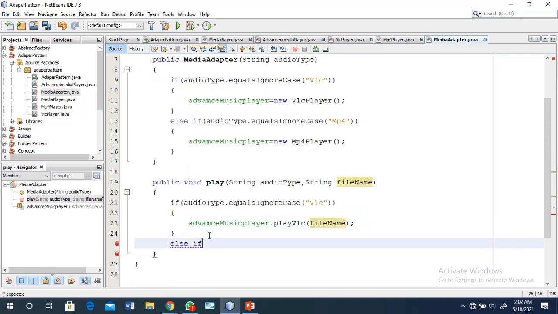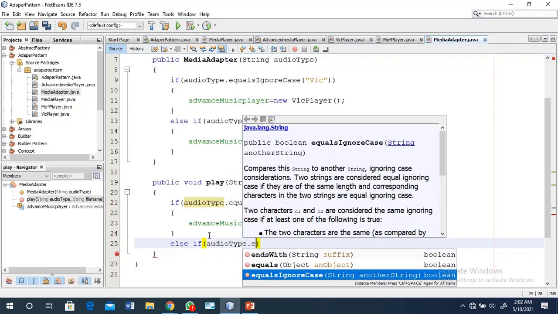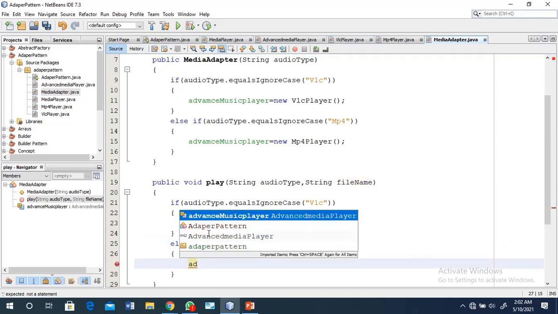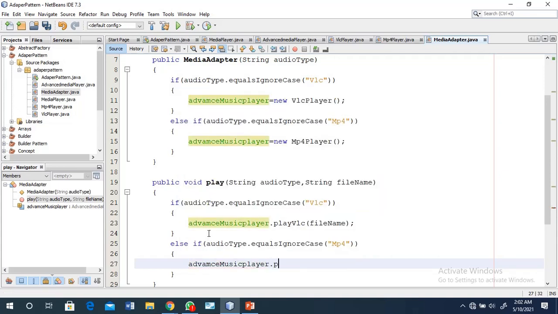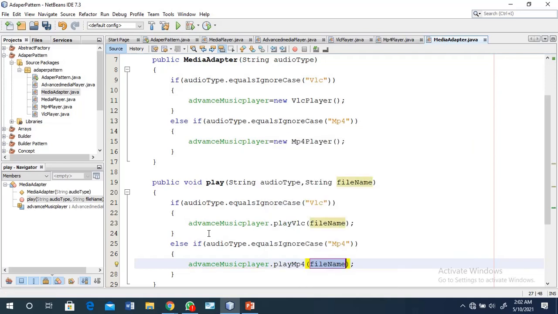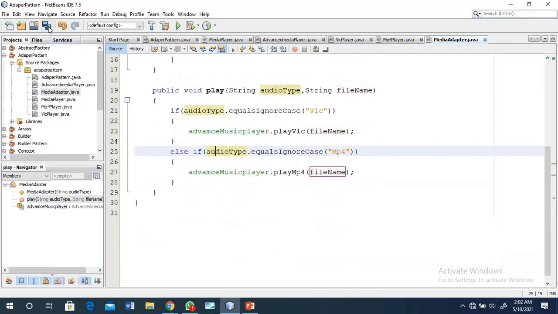Else if audioType.equalsIgnoreCase("MP4"), then advancedMusicPlayer.playMP4 with the file name. Okay, so that is the main concept available here.